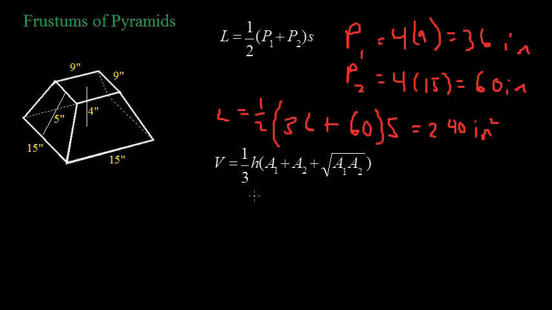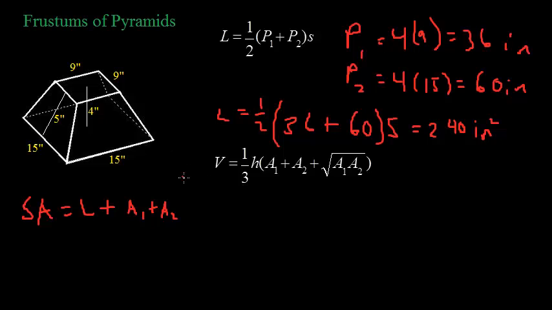We could also easily find the total surface area of this frustum of a pyramid. Again, remember, surface area is just our lateral surface area plus the area of our bases. In this case, we have 2 bases, and they are called A1 and A2. We won't go ahead and solve this at the moment, but this would be our formula for the surface area of the frustum. Most of the time, though, we'll just be looking for the lateral surface area or the volume